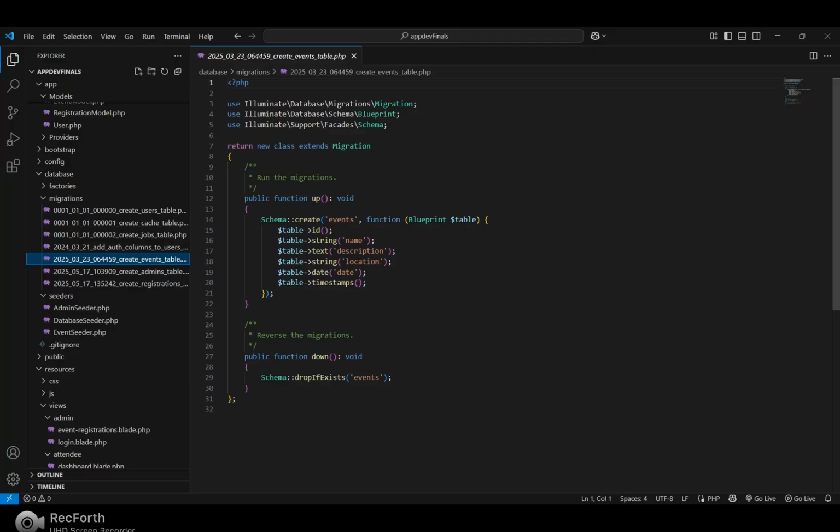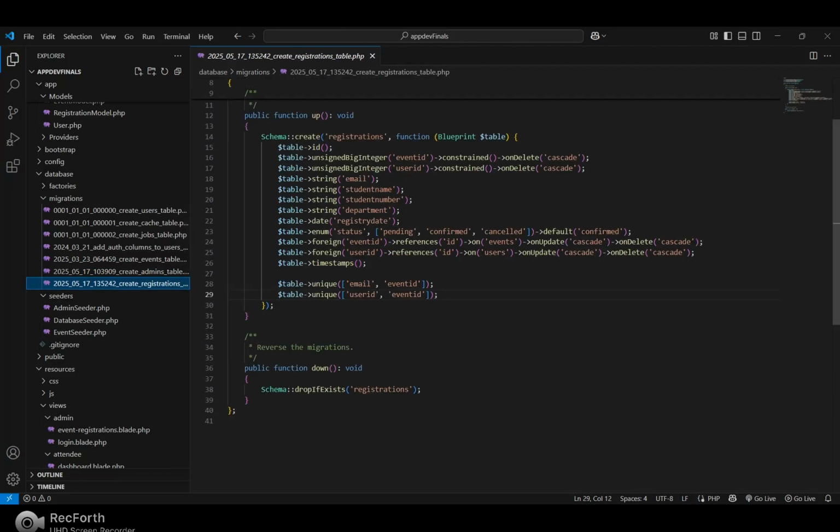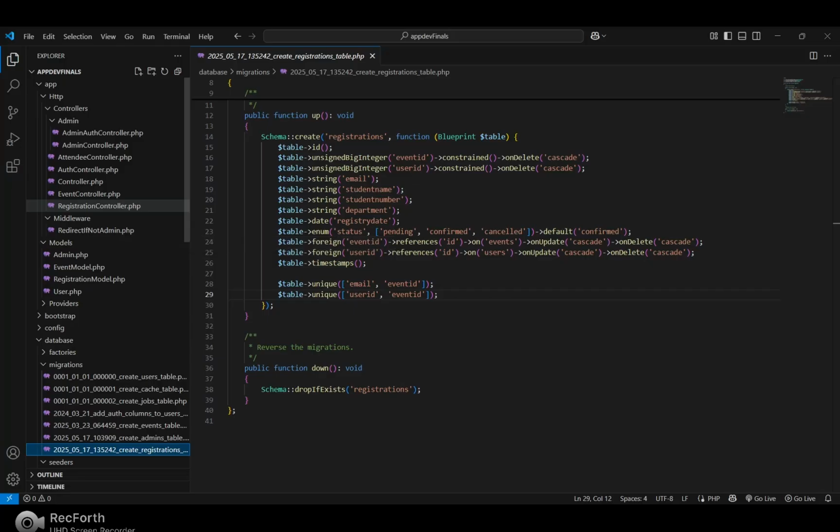Next is the events, which will store the events data. Next is the admin, so I can have an admin user. And last is the registrations, for registering to the events.